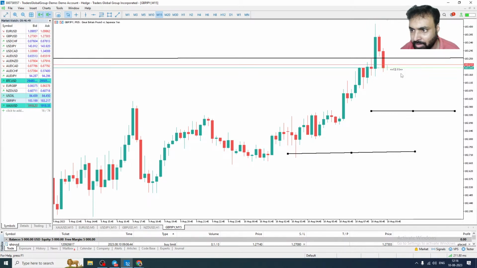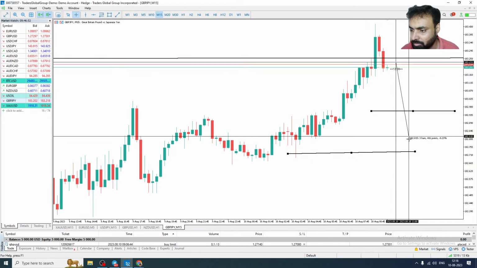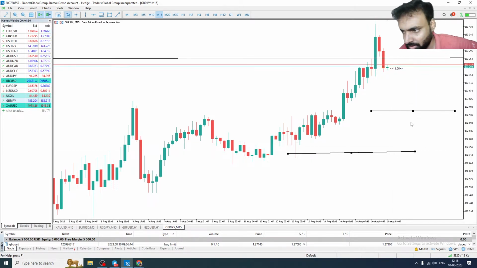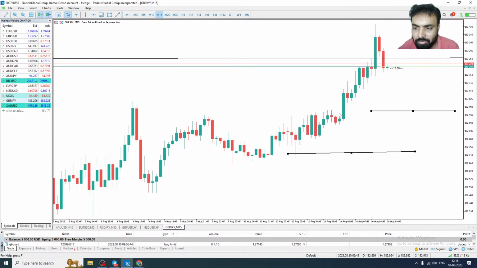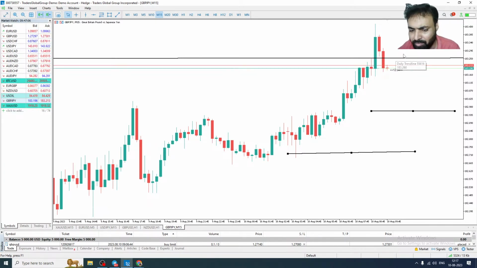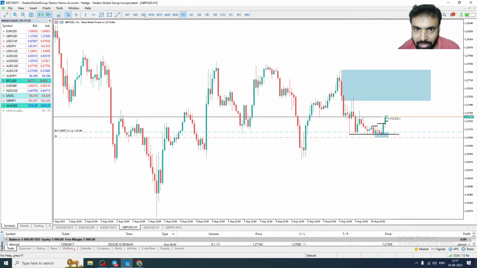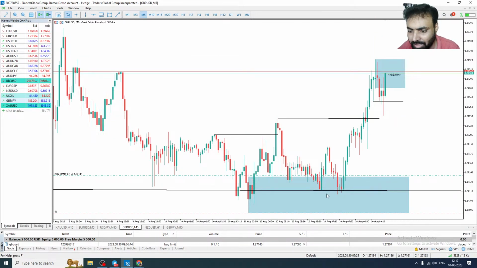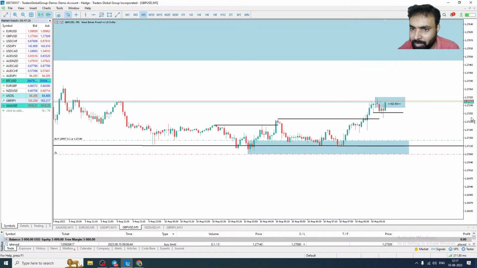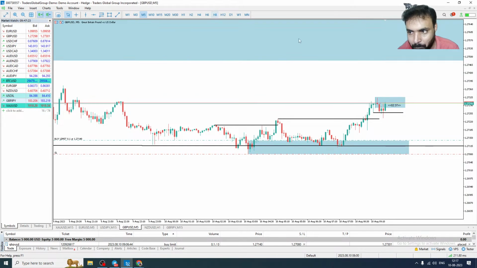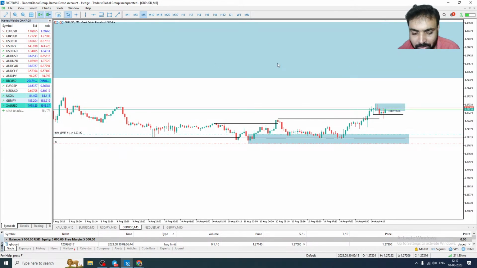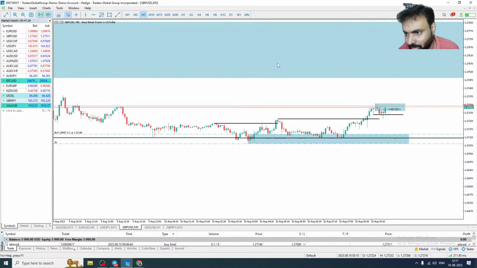This will decently give you like 500 points, so $50 if you are trading with a mini lot. So something like that, in 4 or 5 days, you can look for this kind of trade and clear the challenge. But if you go with a lower time frame like we did here, these things may take some time and may not give you the potential profit. Stick with the higher time frame always. Higher time frame says sell only. So when it has reached here, you can look for a 15 minute breakout structure, 15 minute confirmation, then take a trade.